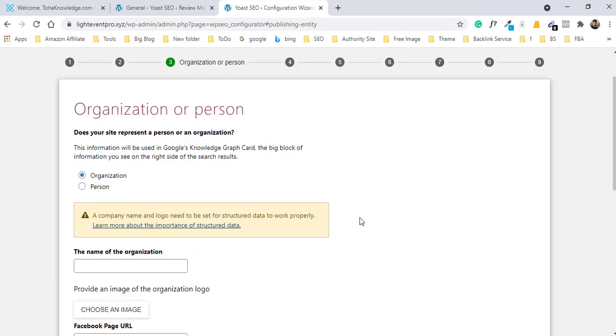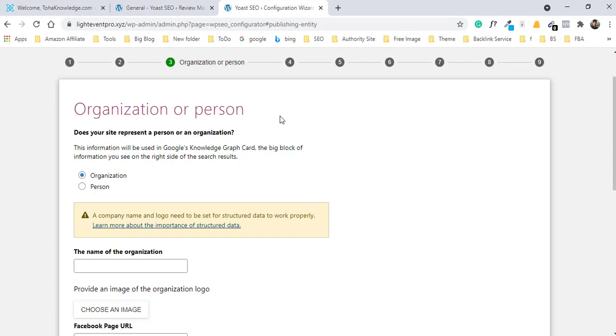Okay, now you need to select organization or person. Is your website for a big organization or are you the only author? You need to select. All this process is for schema markup data. So when we select this option, Yoast SEO plugin automatically generates code inside our website code section and tells Google and other search engines what type of website ours is, whether it's an organization or person, a blog or e-commerce site.